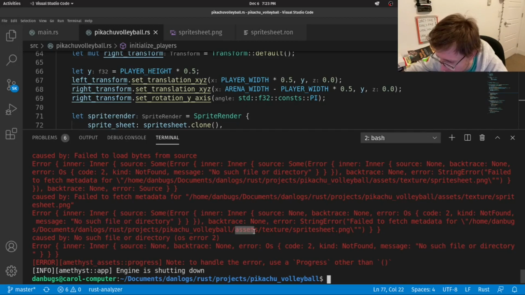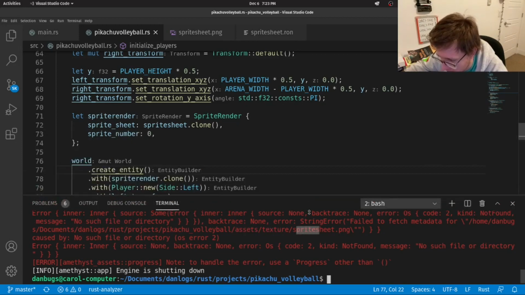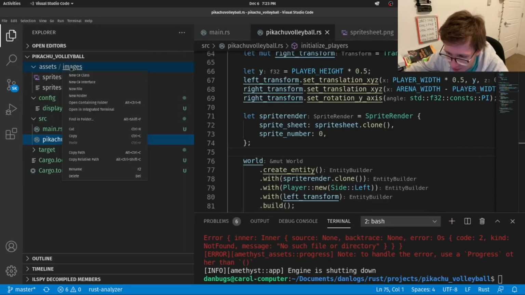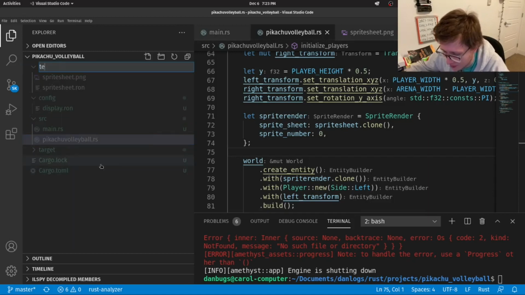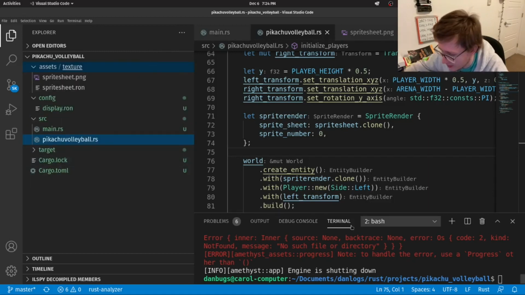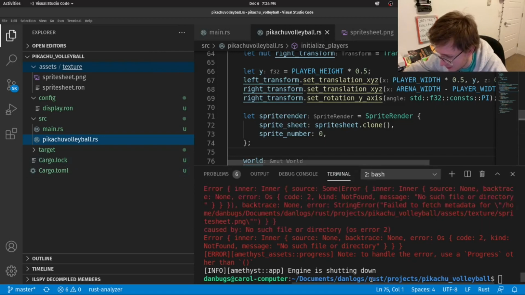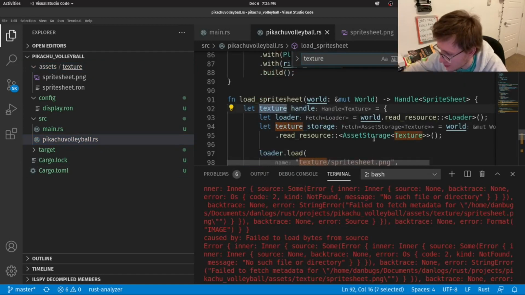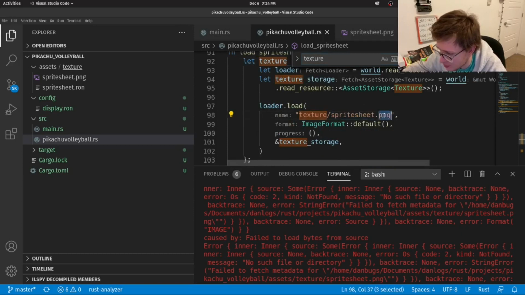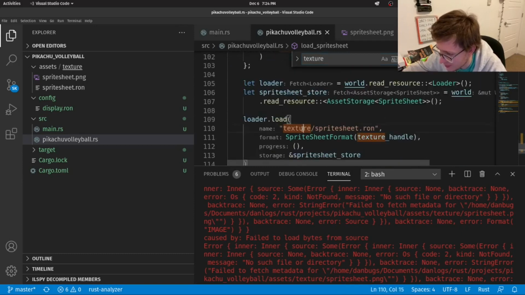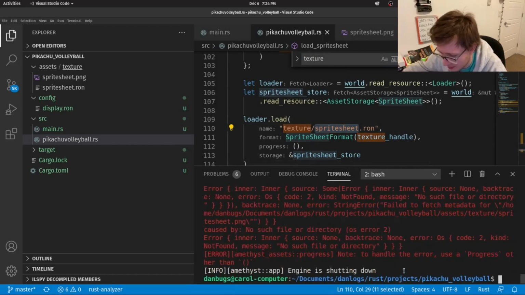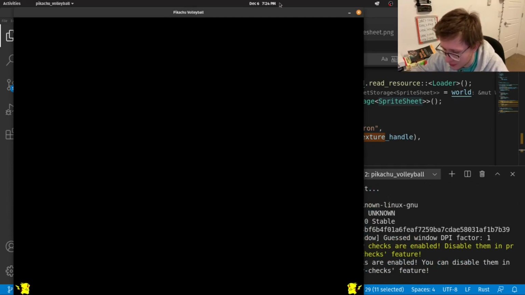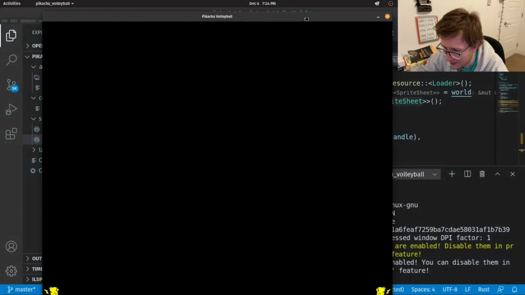Aha. So you see here, it's expecting assets, texture, sprite sheet. So probably when I was sort of working through this before, instead of calling this images, I called it texture. So let's just do that. Easy enough. Texture, and I think that should be it. Right? If we Control F, we see that we were expecting texture sprite sheet.png. Right, same thing here. Texture sprite sheet.ron. But no worries. This is something that we'll have to get used to with copy and pasting.